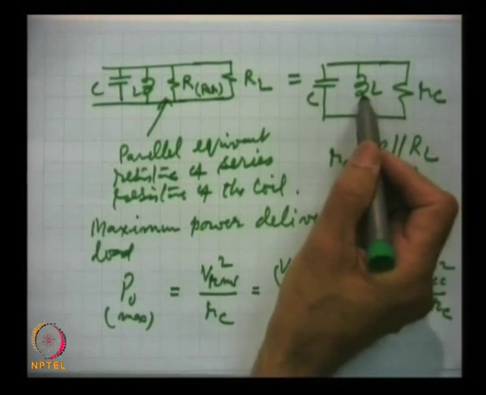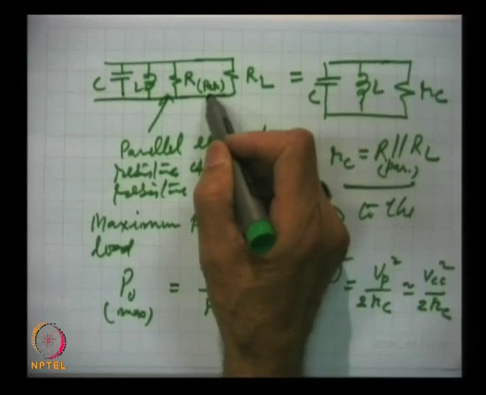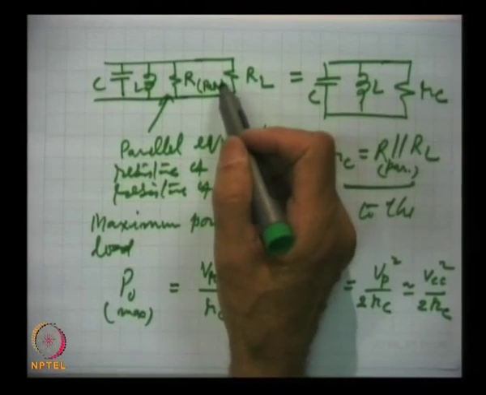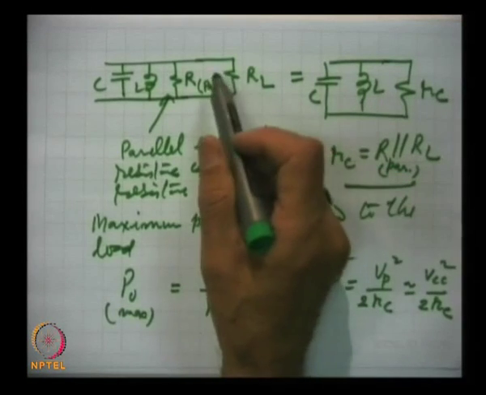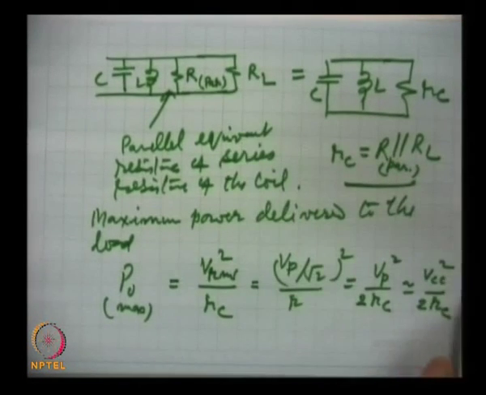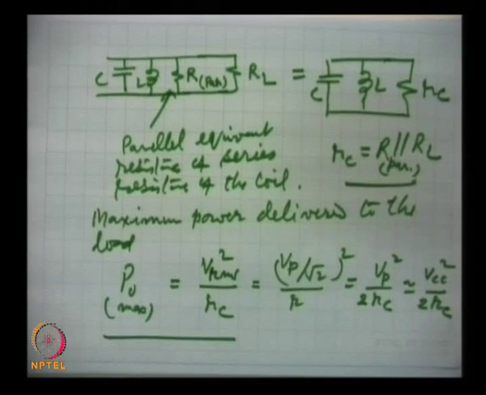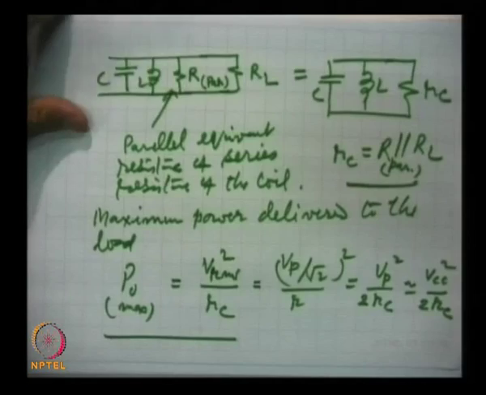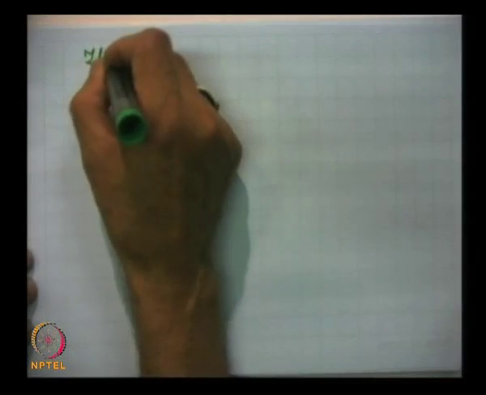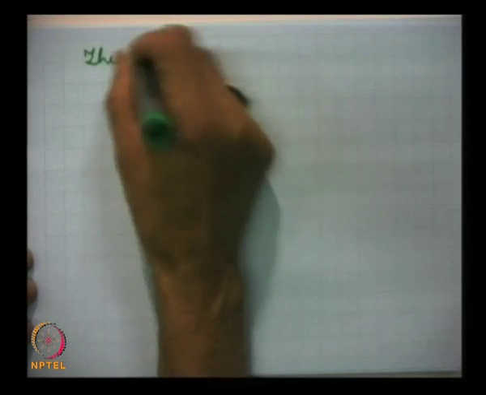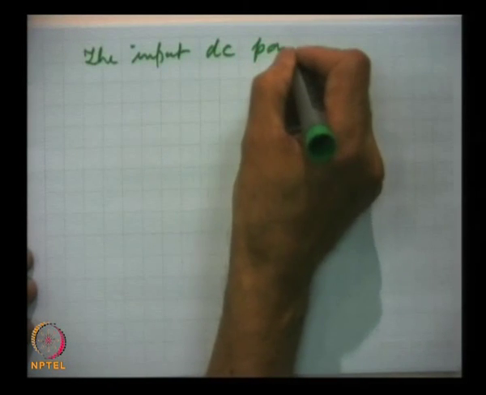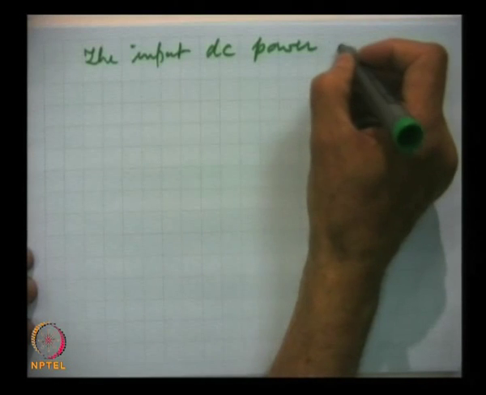because this resistance will be quite low. The DC resistance R_par is a very small resistance as compared to any other resistance. So, this power will be quite high. This is the AC power available from the class C amplifier, and the input DC power is